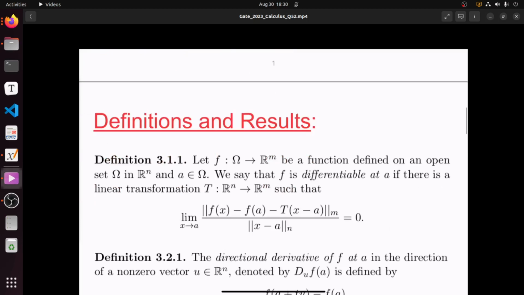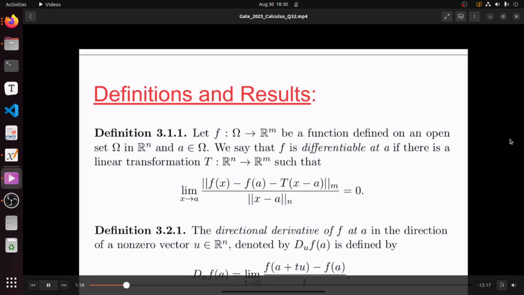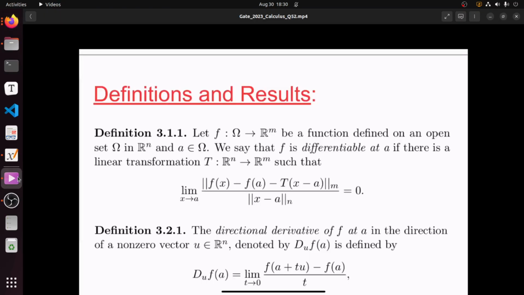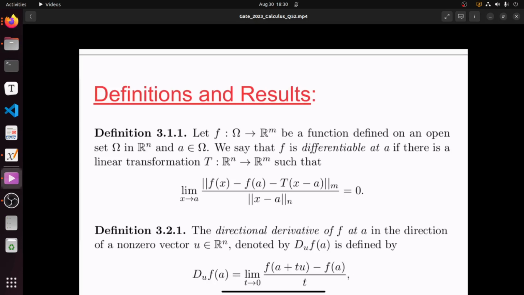Now, before solving this, we need a few definitions and results. Let's recall the definition of differentiability. Let f be a function from omega to Rm, where omega is an open subset of Rn, and a is a point in omega. We say that f is differentiable at a if there is